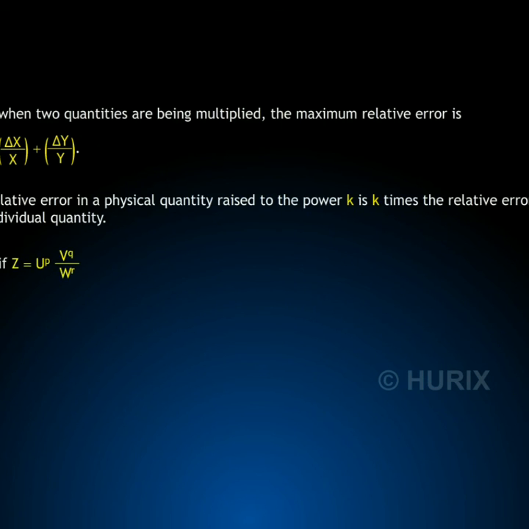Thus, if z equals u raised to p, v raised to q, by w raised to r, delta z by z equals p into delta u by u plus q into delta v